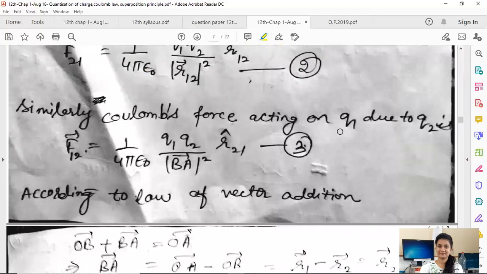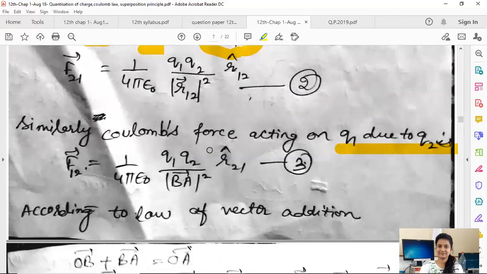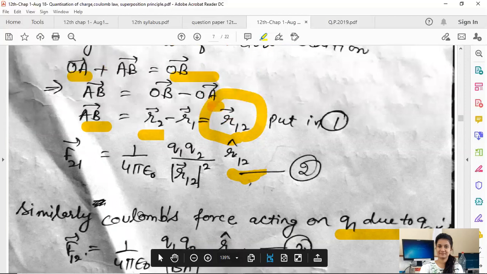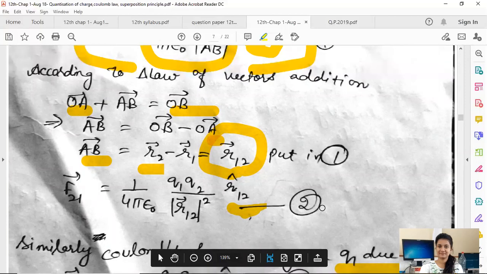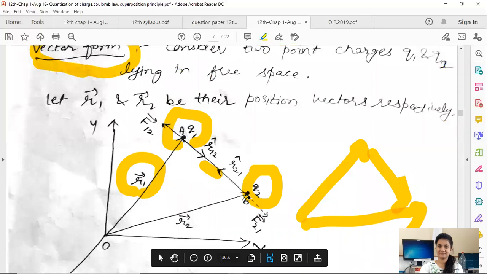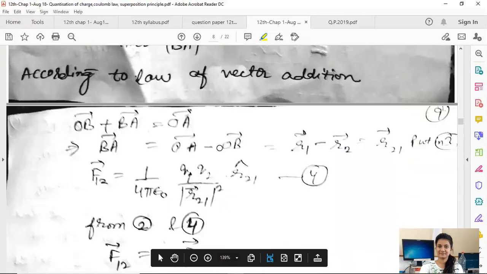Similarly, Coulomb's force acting on Q1 due to Q2, the charges all remain the same. You will write the R21 unit vector in place of R12, and now, when you calculate the force acting on Q1 due to Q2, you will consider the BA distance. Now, the BA vector, to calculate it,